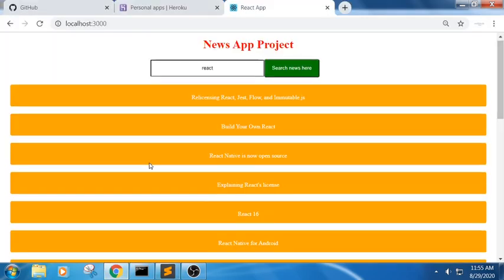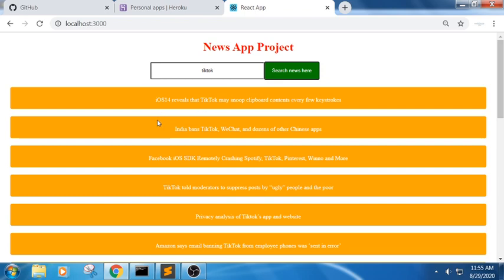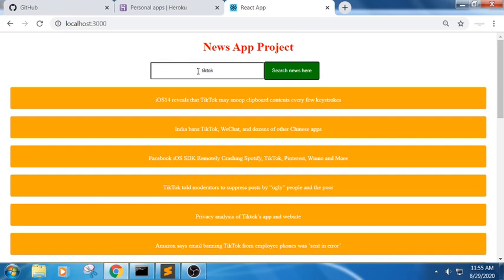So see here, we got it. Can you see? For example, if I have written TikTok in search, we got TikTok. You can increase the font size, everything you can do. This is how we have done a basic news app. Based upon the keyword, it will get the latest updates across the world, not only across India. Whatever you type, you will get these updates. I hope you are clear with this example.